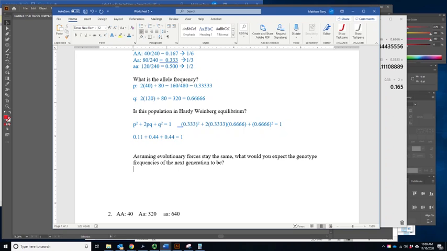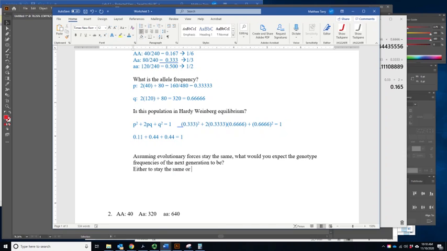We can have an evolutionary force that keeps a population out of Hardy-Weinberg equilibrium, but is constant, so that basically we have balanced evolutionary forces versus the forces that are trying to bring it back in. So we would expect it either to stay the same,